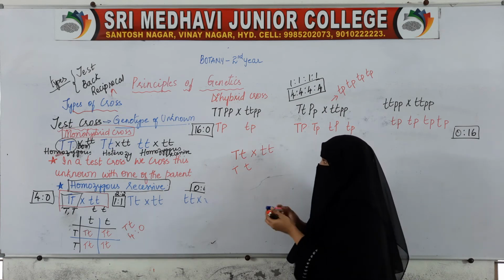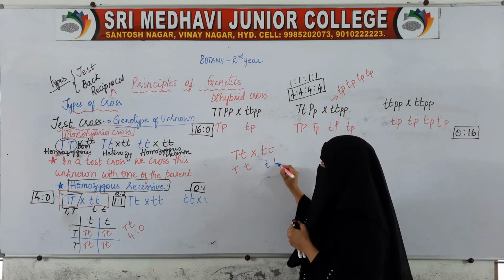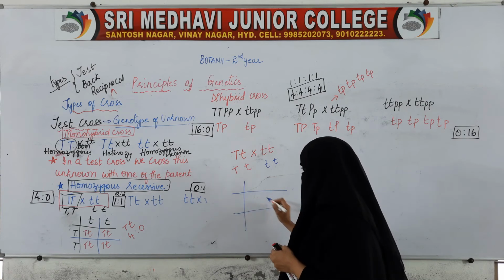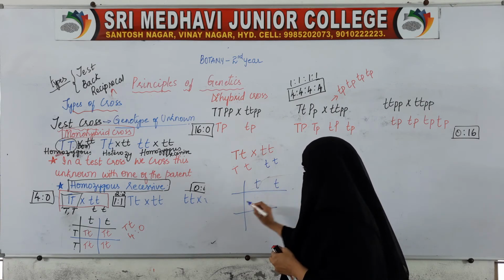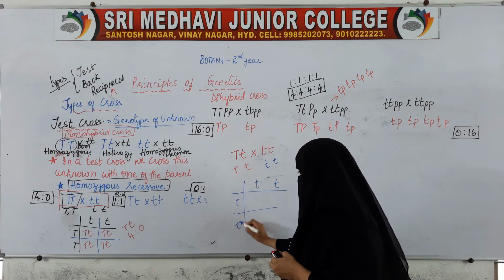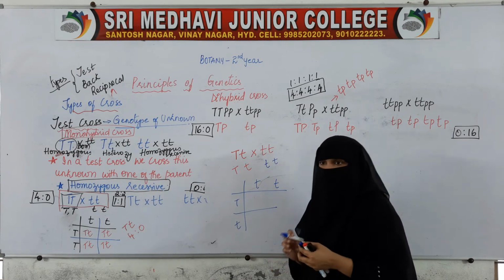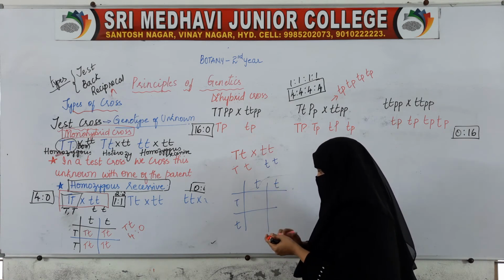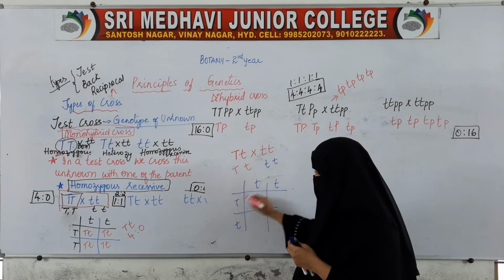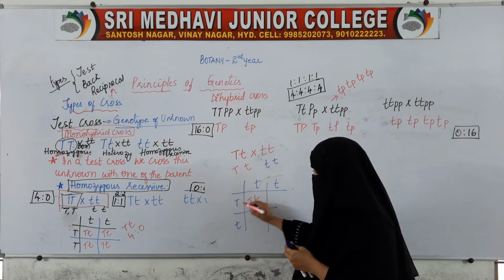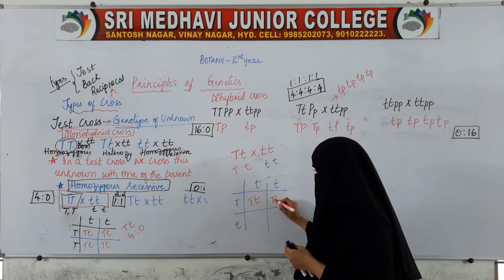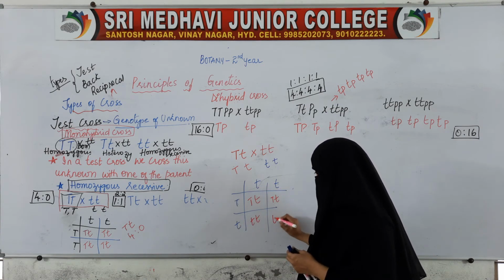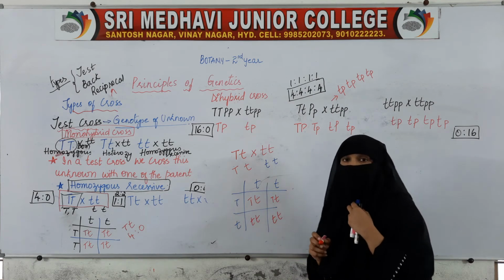And here, one is small t, one is small t. Putting the gametes on one side, we get capital T, small t, again capital T, small t, and small t, small t, small t, small t. So the ratio which we get is